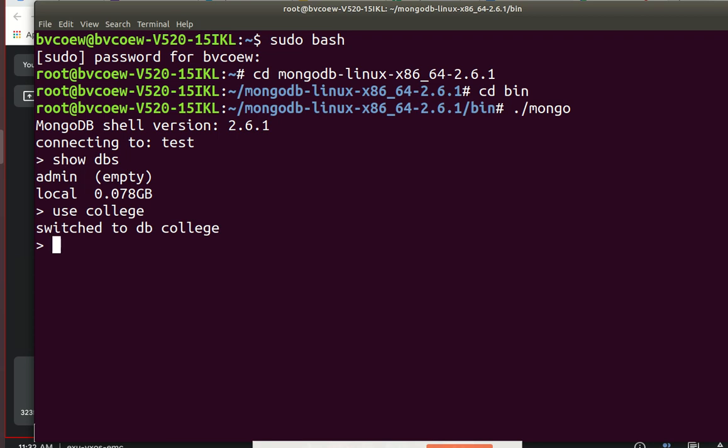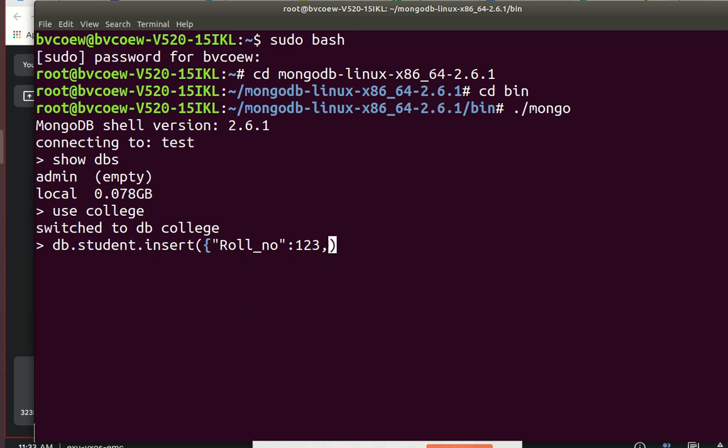Now in the college DB, I want to insert a document. Documents are grouped together in a collection. So the collection name I want to give here is the student collection, and in the student collection I want to insert a document. Now insert will have these round brackets, and here I will write the grouping of key value pairs. Now for the student I will have a roll number. This is the key. I can give quotes to the key. If we don't give the quotes, it will work. This is the first key value pair, roll number.